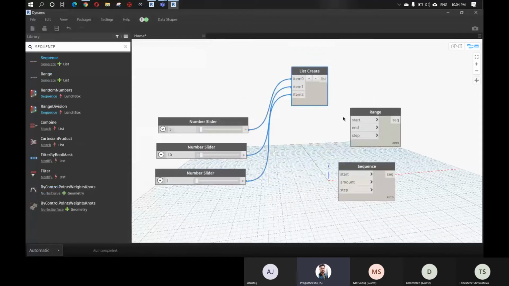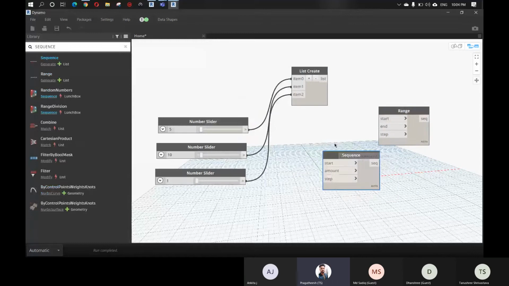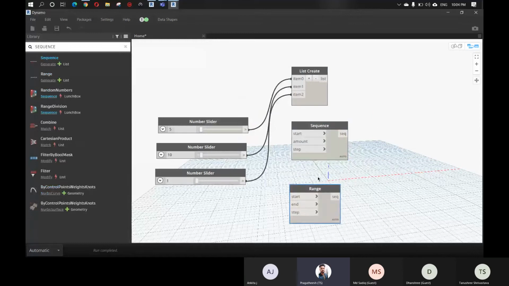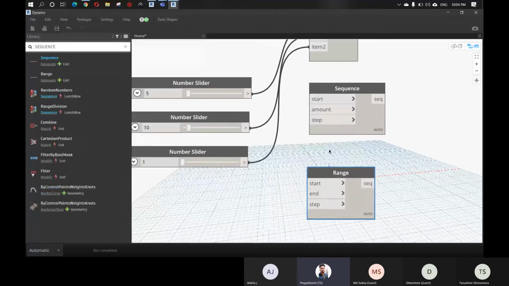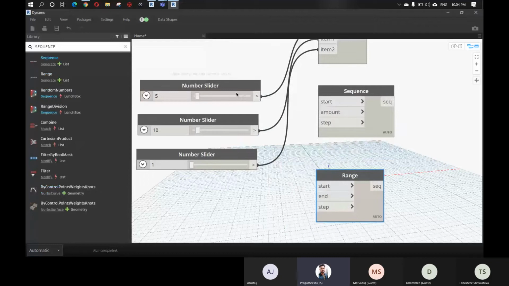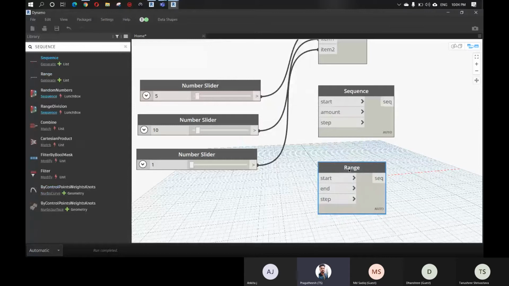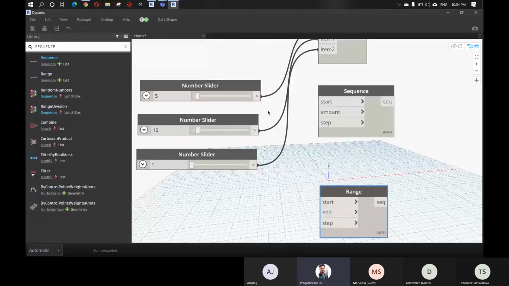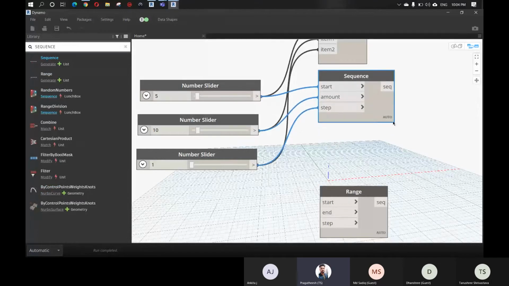We can use the same input. First let me explain the sequence and the range. In the sequence, you can see we have a start value, the total amount, and a step value. But in a range, we have the start, the end, and the step value. Now I'm just plugging this to this. Now we can see the output.